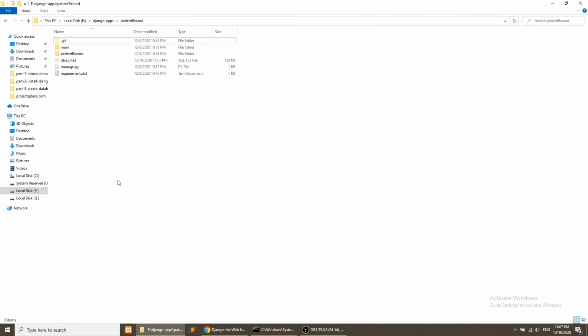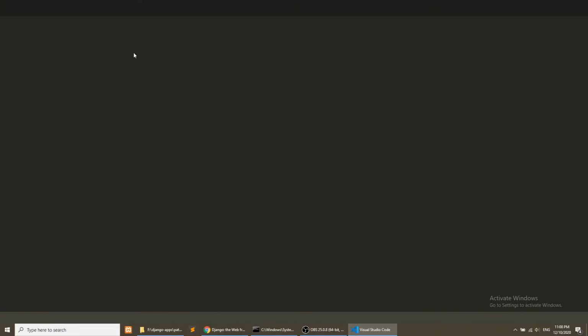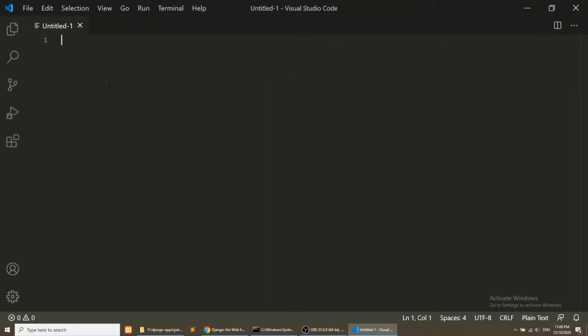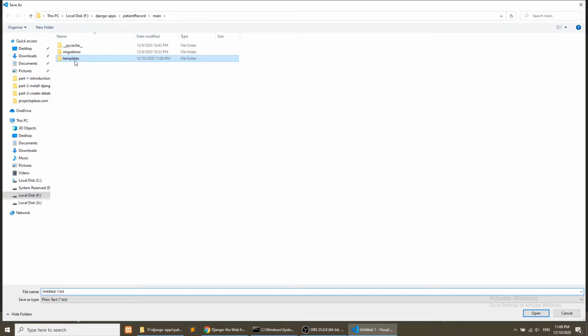Now what we will do, we will open our main application, and here we will create a templates folder, and in this we will create the templates. I have opened Visual Studio Code, and now I will create the template and save it in the templates folder and name it home.html.